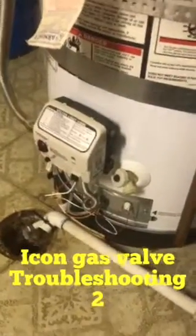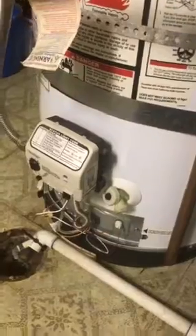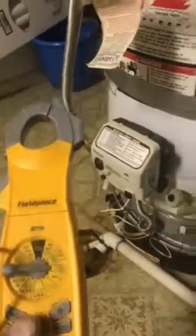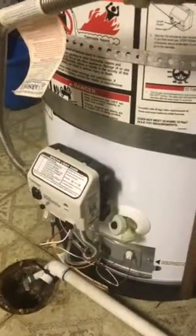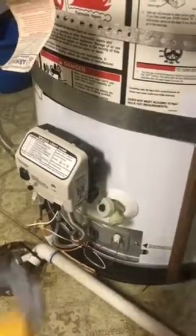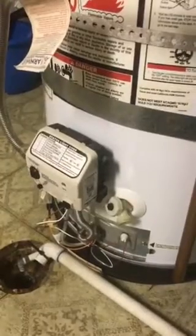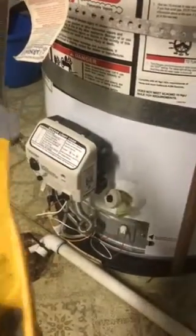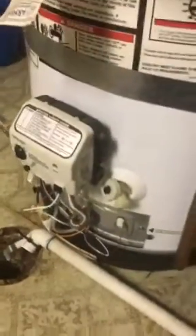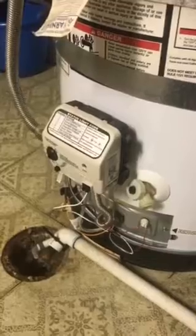Okay, Matt, this is the water heater you were on last night. I've taken the cover off, and we're just gonna go through and systematically troubleshoot it with our multimeter. We can't go off the blinky lights because that just gives us a general direction of where we need to take our troubleshooting. We need to use our multimeter to verify what the lights tell you. It's because the lights are only going to tell you what it sees, but it can't see everything we can see with our multimeter. So you had diagnosed a thermocouple, so we're going to just see if the thermocouple is